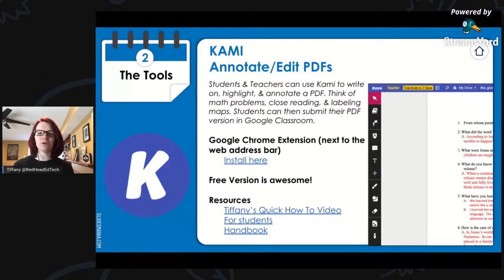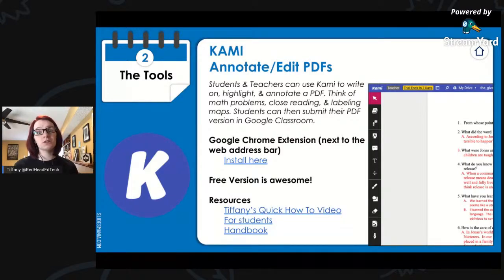So I don't have a great answer around that, but I found that at least for secondary learners, Cami was a little bit easier for my kids to understand and work with, because with Read and Write, they struggled with, where does it go, miss? How does it work? And because I'm not familiar with it, I was like, I'm not sure. So I don't know if there's somebody out in the Twitter world who knows, and I'm sorry, Denise, I don't have the great answer for you, but it does integrate with Google Classroom and Schoology if you use Schoology,